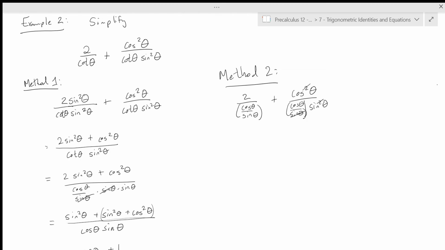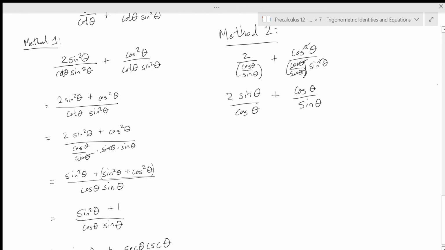Okay, so we're canceling here that sine squared theta with our cosine squared theta, and then we can cancel the cosine squared with the cosine. So this leaves us with a plus cosine theta over sine theta. And then here we have 2 sine theta over cosine theta. And so this gives us 2 tan theta plus